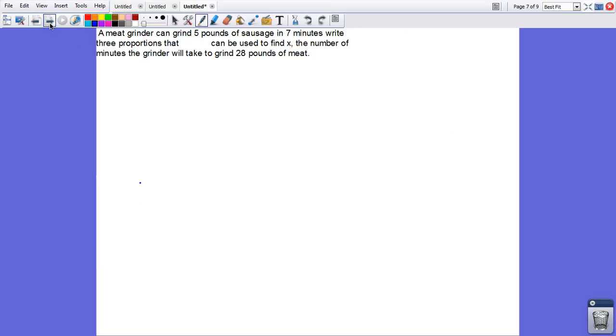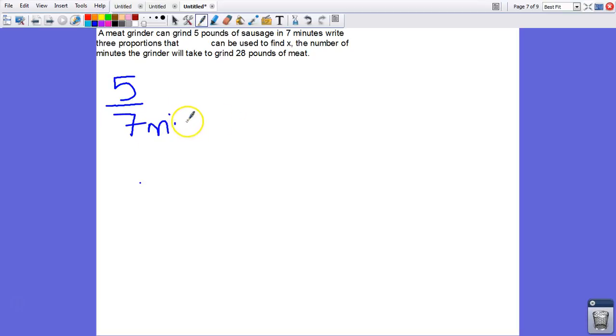Let's see what's next. A meat grinder can grind 5 pounds of sausage in 7 minutes. Write 3 proportions that can be used to find x, 3 different ones. How long it would take the grinder to grind 28 pounds of meat. So let's see. If it can grind 5 pounds in 7 minutes,